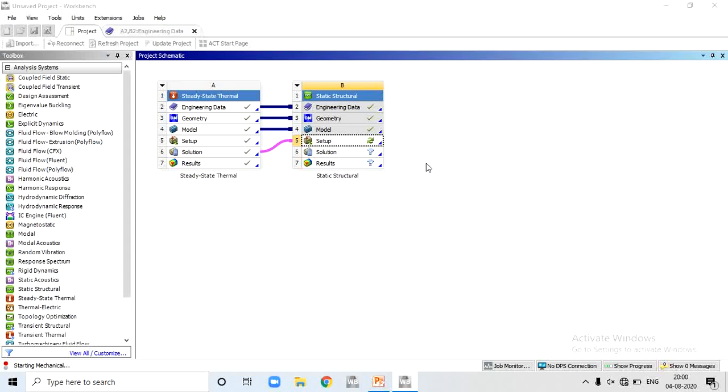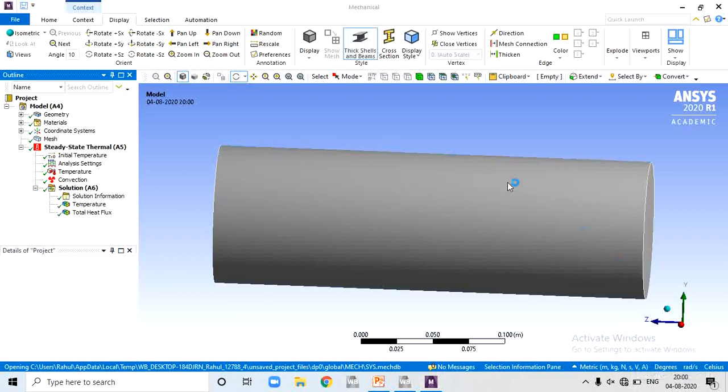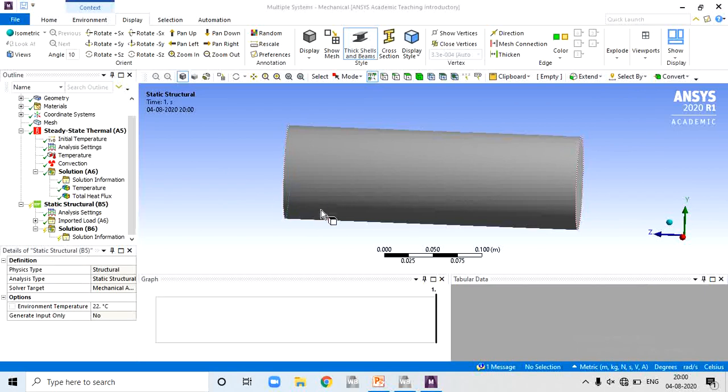It will take some time, so be patient. Okay, so all conditions are loaded here, that is steady state thermal. You can check here, temperature is okay, convection, then solution, solution information, temperature, all are correct.